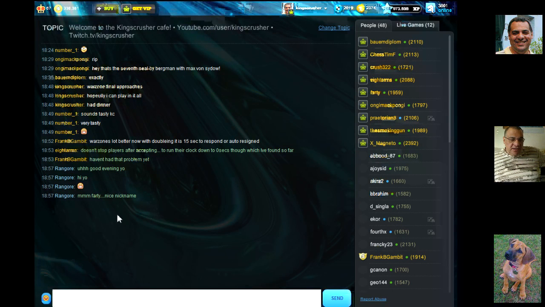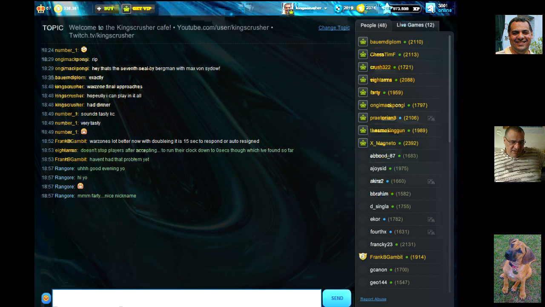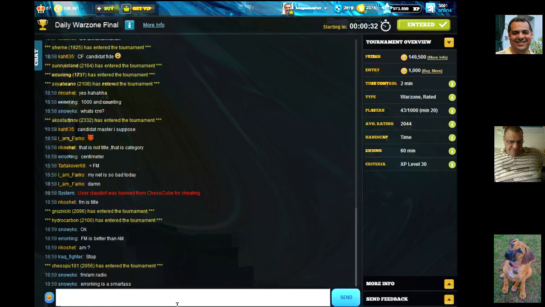Okay, what's going on in the cafe? 48, come over to the King's Crusher Cafe if you're free. If you want to chat between rounds, it's one of the rooms on the left. If you click rooms, scroll down, you'll see King's Crusher Cafe. It's usually quite a lot of chat, usually towards the evening. So okay,